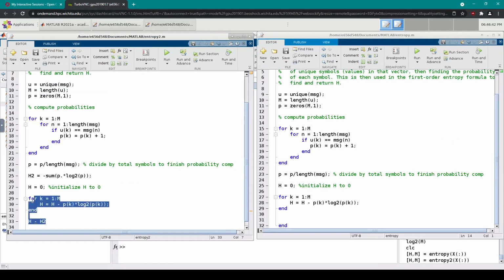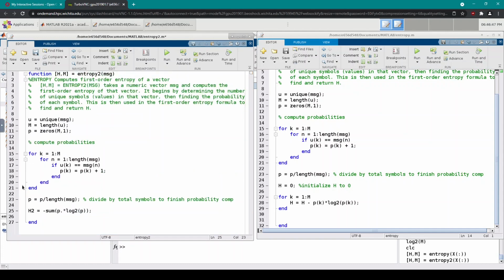That means that this can be replaced with that one line. And in fact, that's not the only way we could have done it. We can also